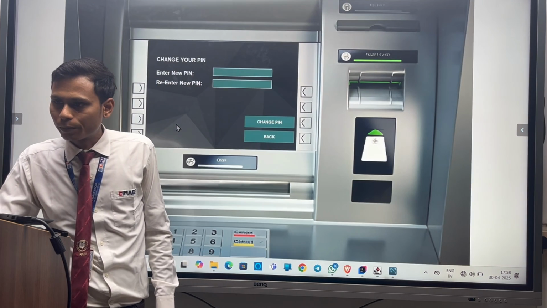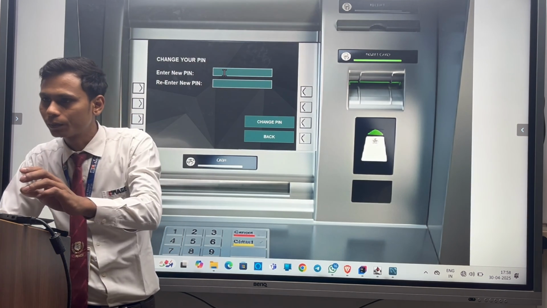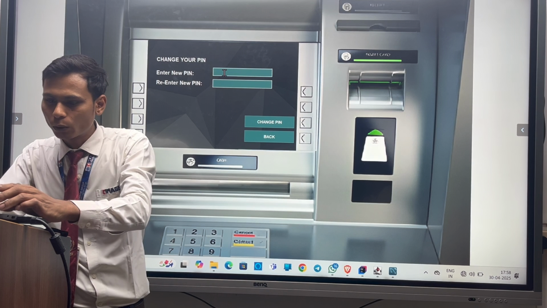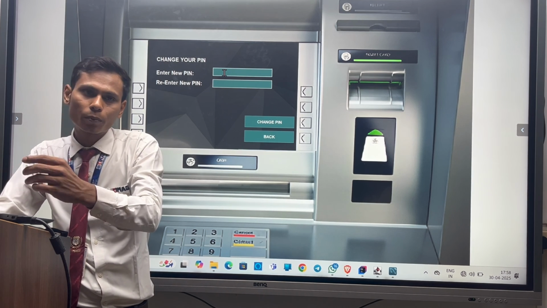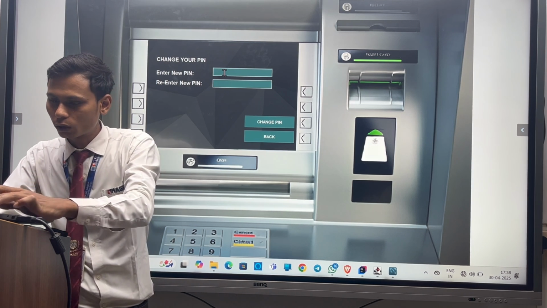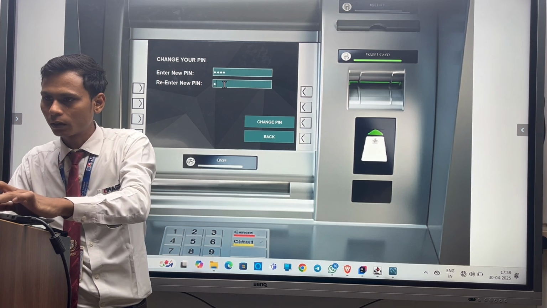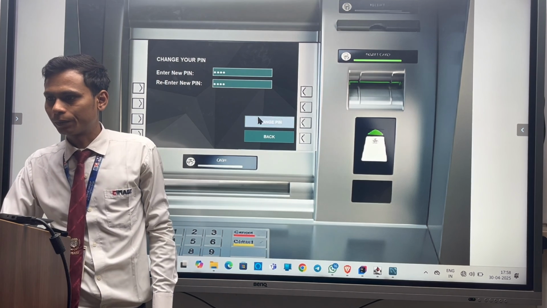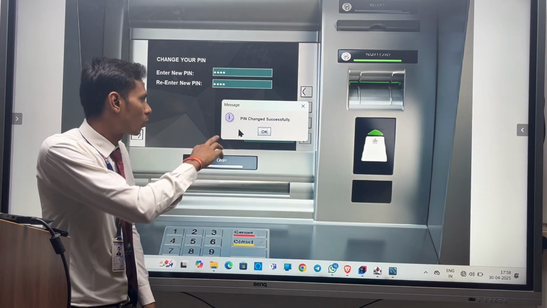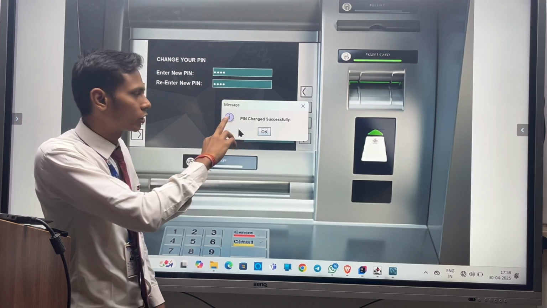So here is the PIN change option. Suppose we want to change our PIN to 3333, four times 3. Okay, this pop-up is saying PIN changed successfully.